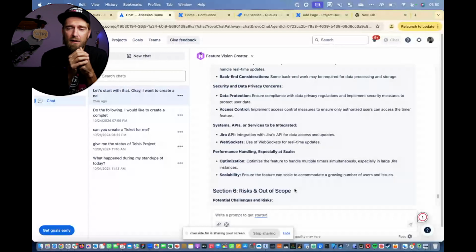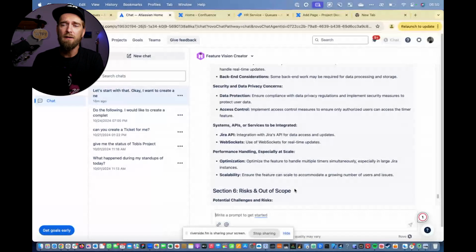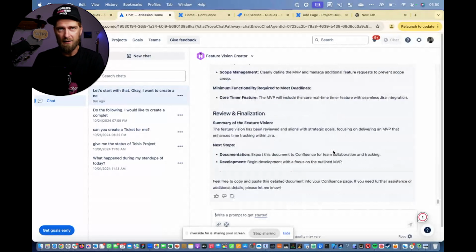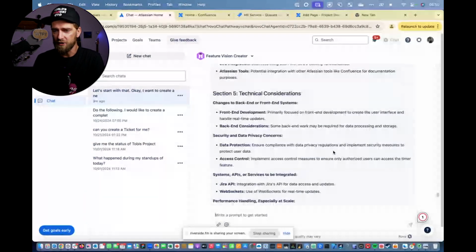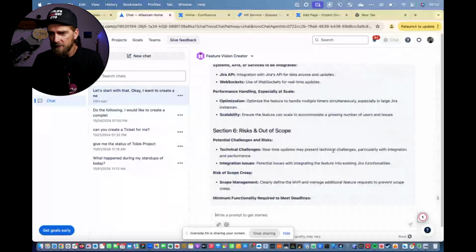So I think sessions like these are super important because it's important to understand what is possible, but it's also more important that we understand what is not possible to do with these large language models like Atlassian Rovo or ChatGPT. I think that's fine, but why is it not creating